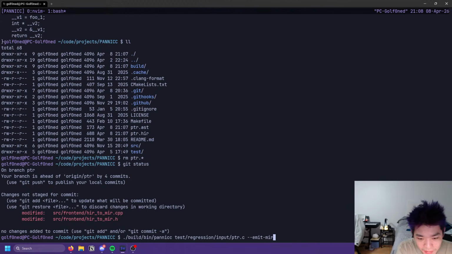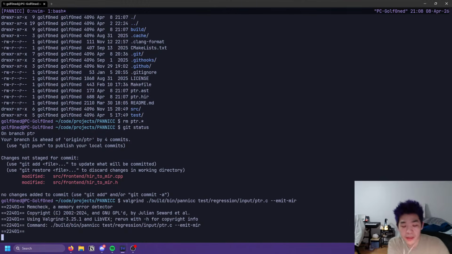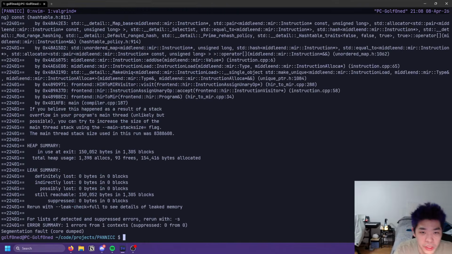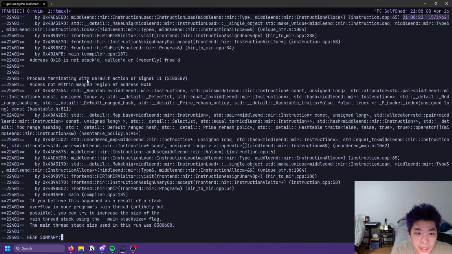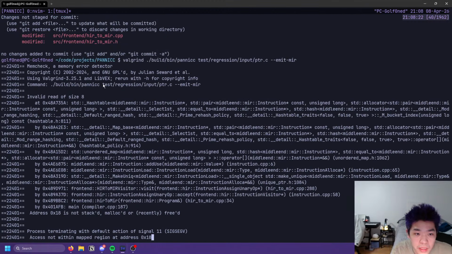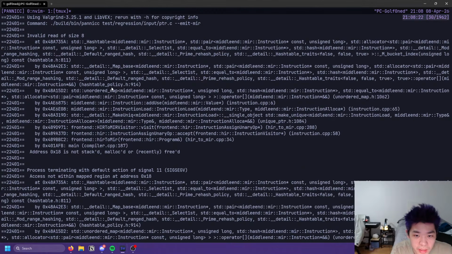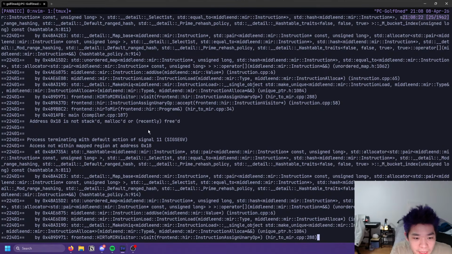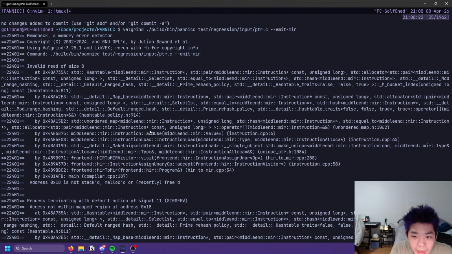Let's debug this now. Valgrind. If it's failing in the print, then we have a null pointer, I think. Where am I? Unordered map. Instruction 6.